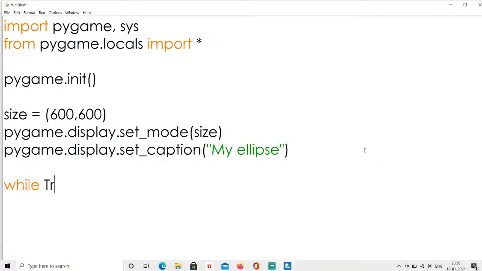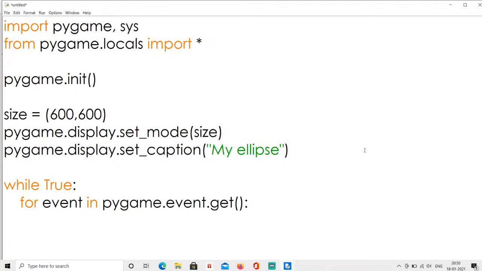while True: for event in pygame.event.get(): if